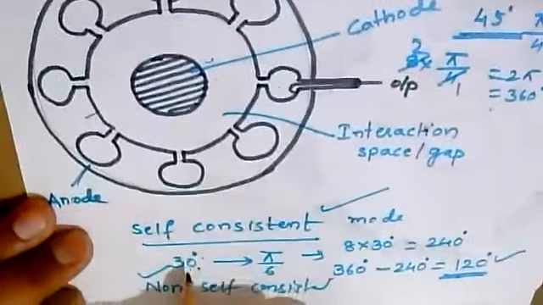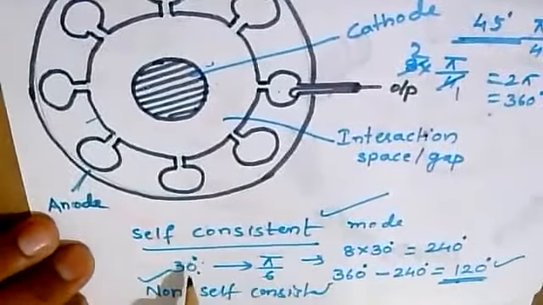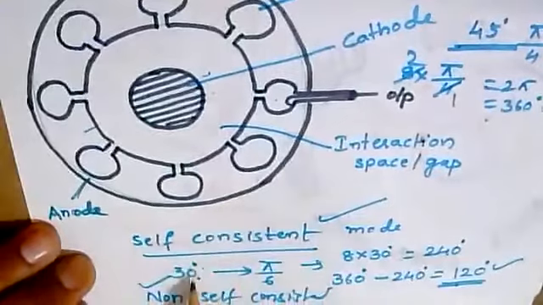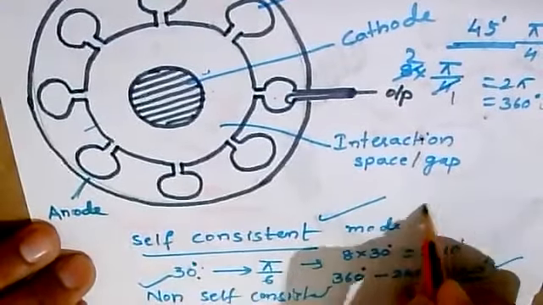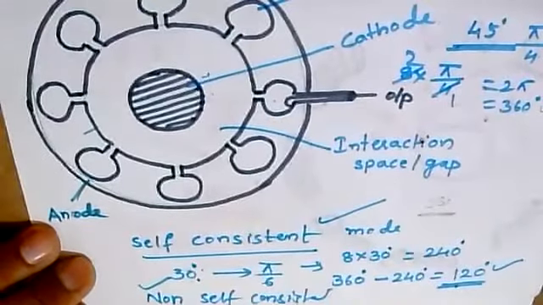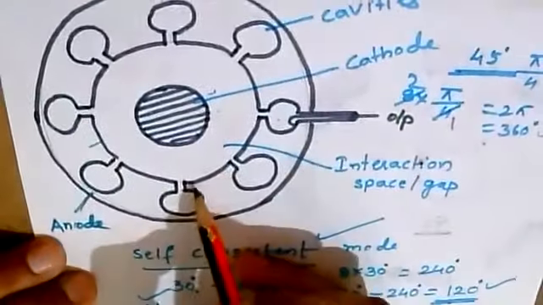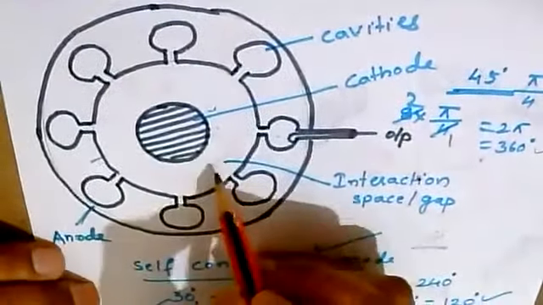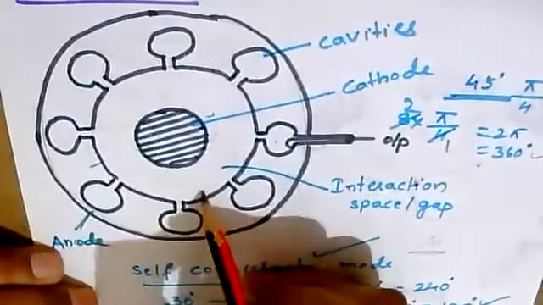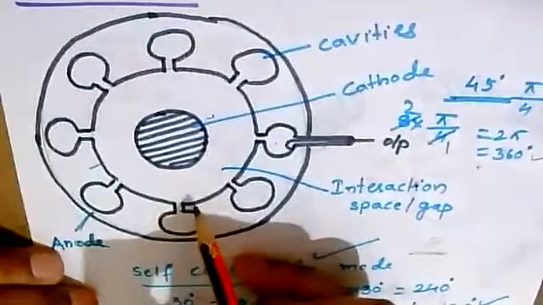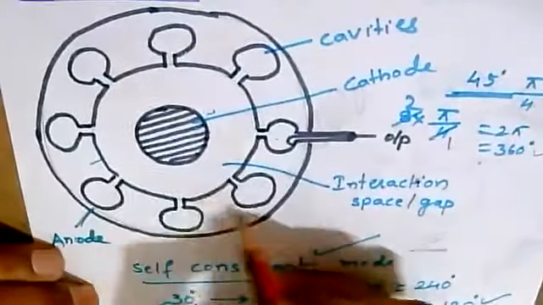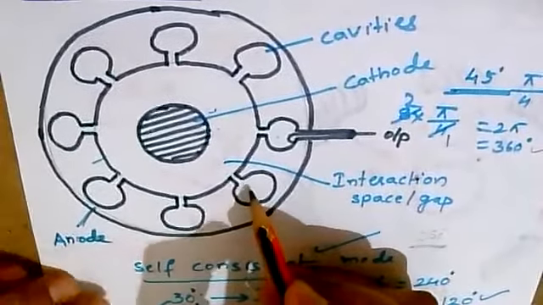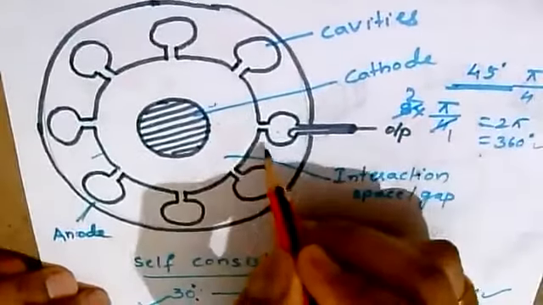If we take a 30 degree phase shift, we need to maintain 12 cavities instead of 8, which also gives a complete 360 degrees of total phase shift. But it has been found that this is not the standard form, and the output power and efficiency obtained will not be that satisfactory. So the standard mode of operation, the pi mode with 8 cavities, is considered the final one. It is very good to have 8 cavities in total.